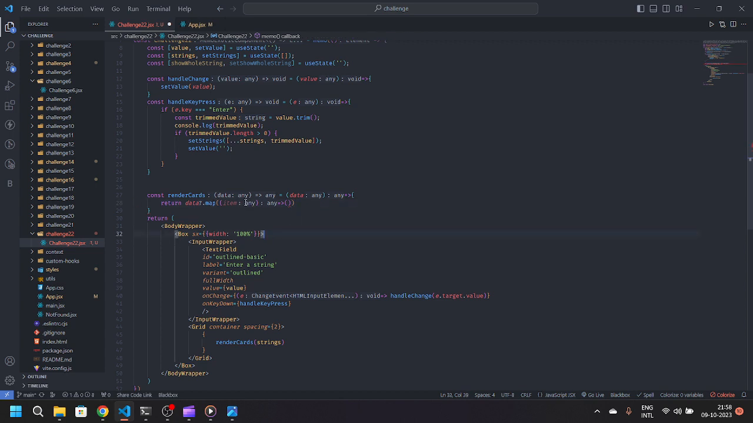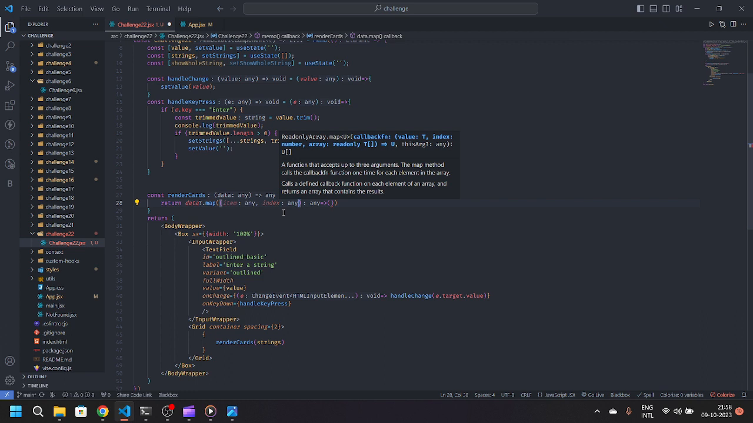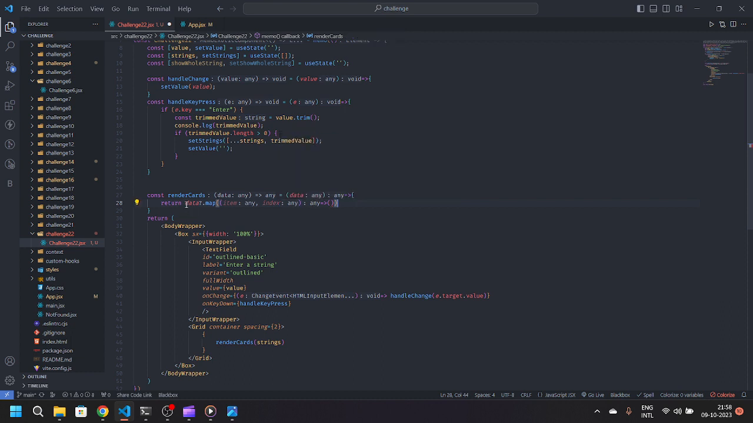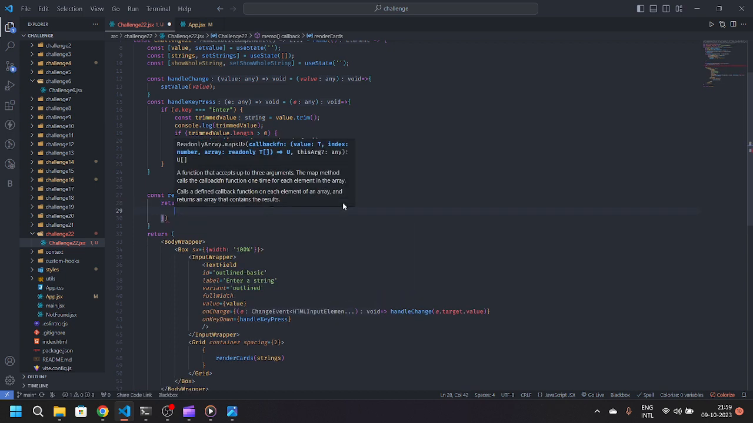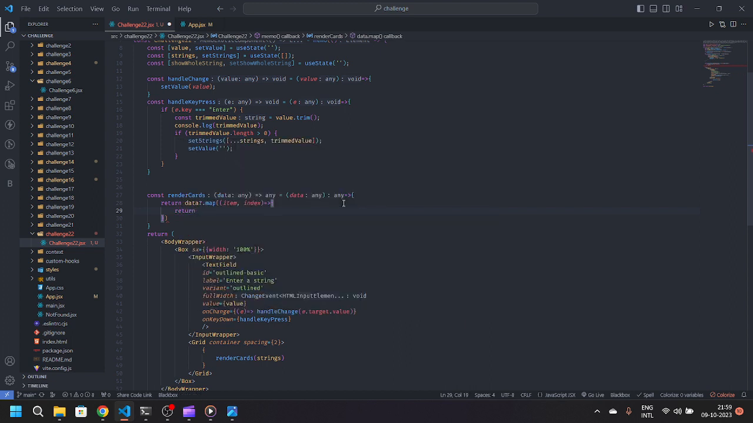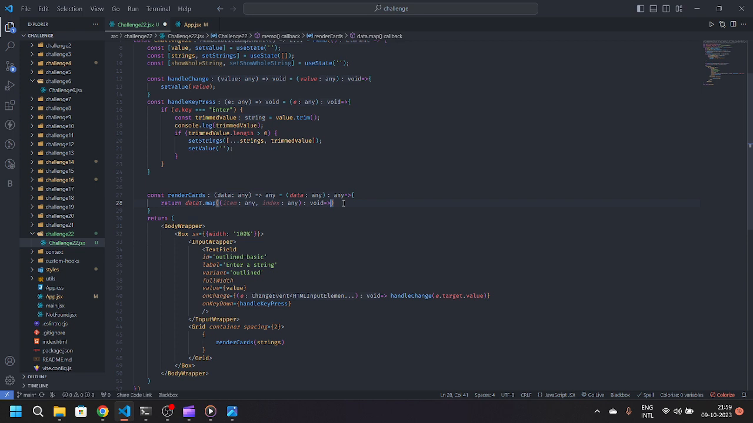Item one is the index. Data.map item and index. Wait, I will just erase it and write data.map item, index. It will return JSX. So we will return it, but if we try something like this,